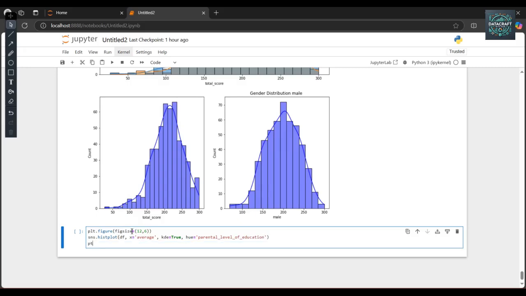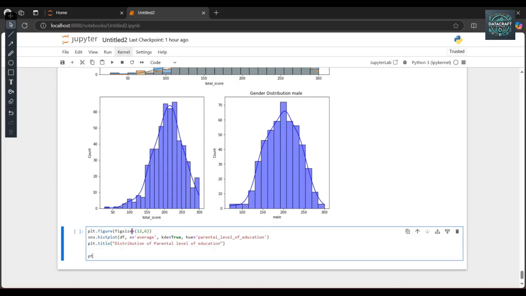The plot title is distributions of parental level of education, and then